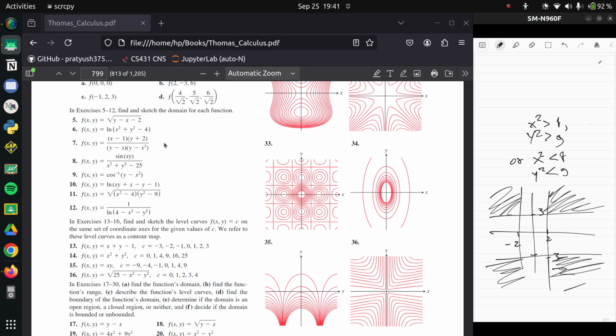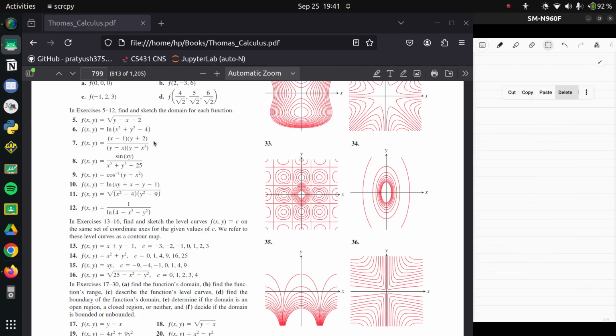Right. So that's the first region, and then the second region is just this stuff. Okay, that makes sense. Next is natural log of this. So once again, this has to be positive, so what we require is 4 is strictly bigger than x square plus y square. Moreover, this thing cannot be 0, so you also cannot have 4 minus x square minus y square equal to